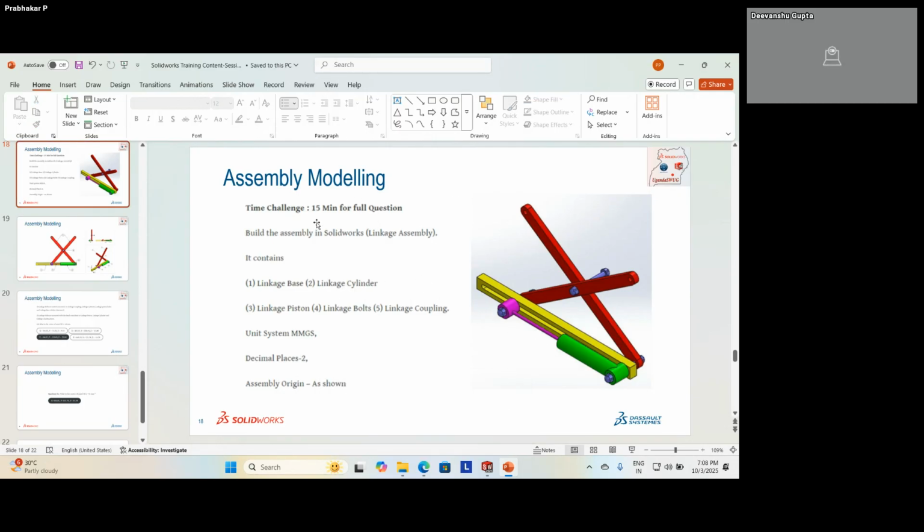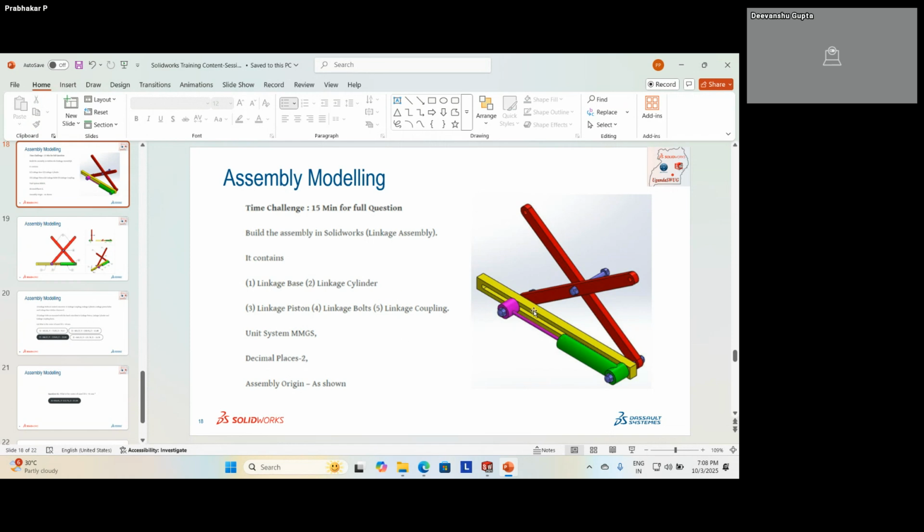In this assembly, again, the time is also 15 minutes has been given. You start practicing. Since it's a demo and I have experience of 10 to 12 years, I can do it in 5 or 6 minutes, but you fix your time. Like for within 15 minutes, this assembly need to be completed, means you complete it. You practice likewise so that quickly you can able to model it.